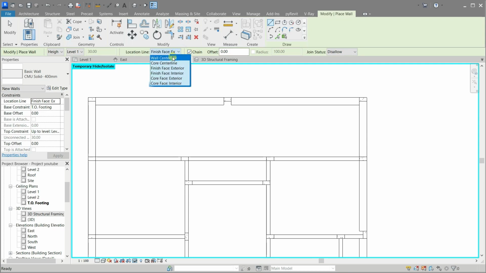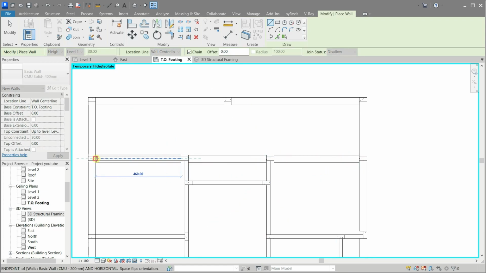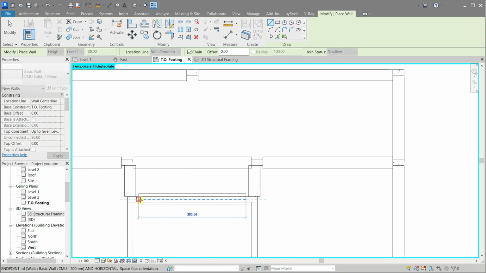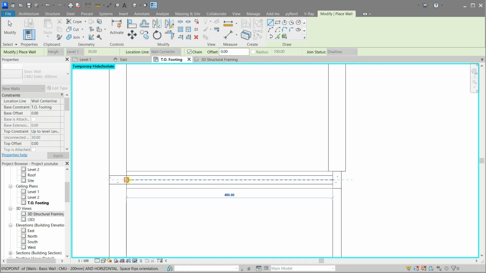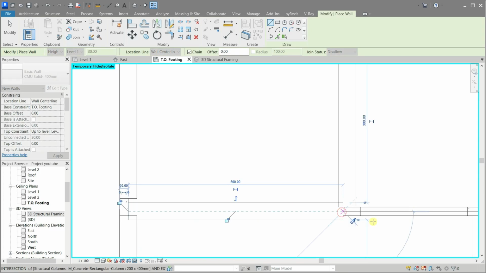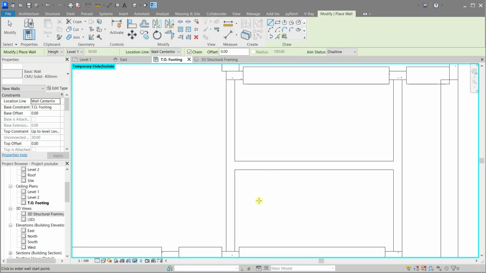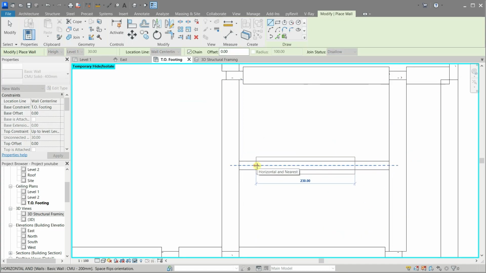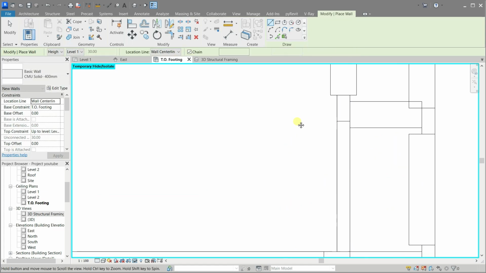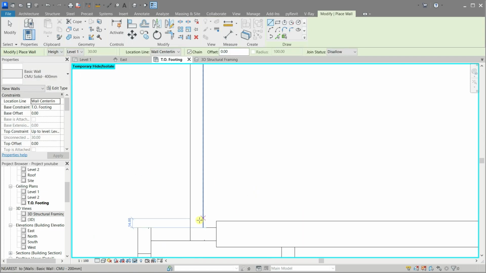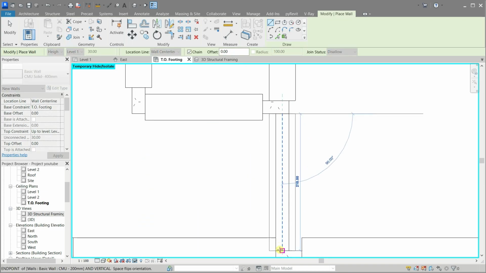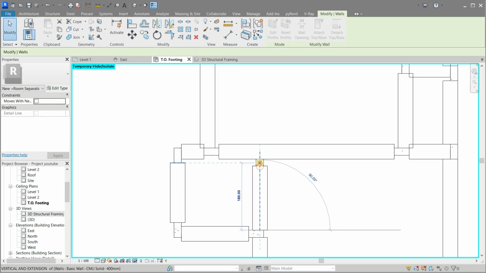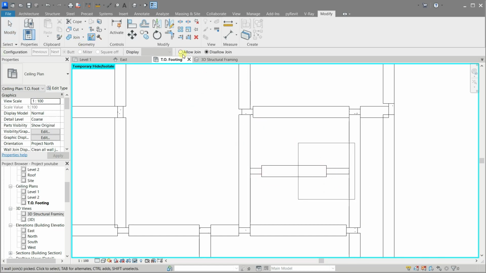Change the location line to Wall Center Line because we want the foundation walls to be aligned center to center with level 1's floors. Join the walls at the places where there are no columns.